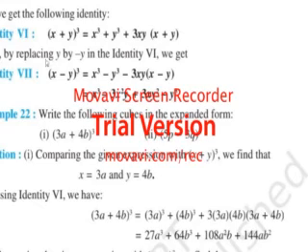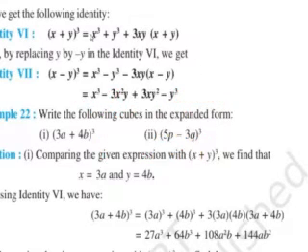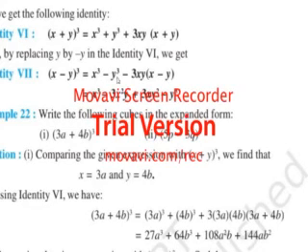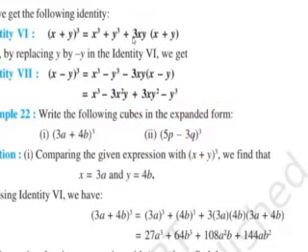Now here it has been said that by replacing y with minus y, it will become x minus y whole cube. So x cube will be x cube only, but y cube, that means minus y into minus y into minus y, will become minus y cube. So in place of y cube, it will become minus y cube, and here again x will be x only, and since y is minus y, when multiplied, plus into minus, it will become minus 3xy times x minus y.